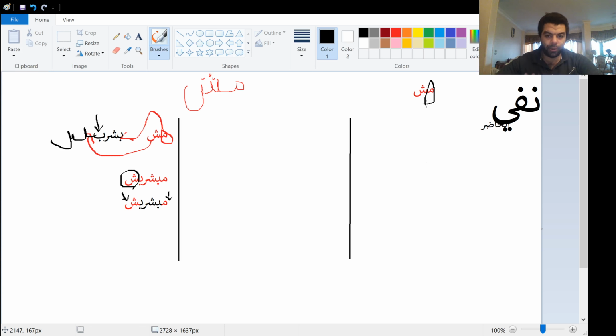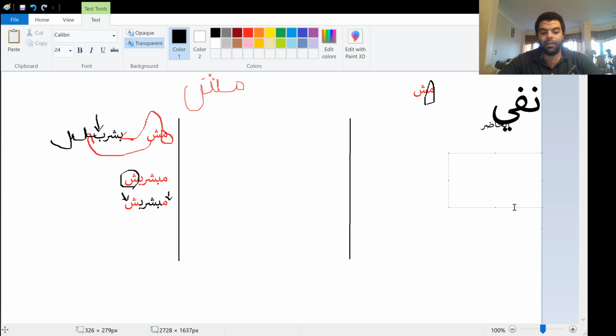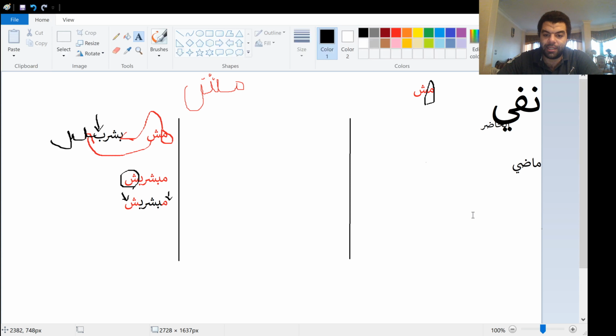It's really simple. So this is how the negative works in the present. We are talking about the present, okay? So in the present, we can use both ways, all right? What about the past? The past in Egyptian Arabic is called madi. No, not with del, with dad. Madi. Yes, madi. Okay, and this means past.